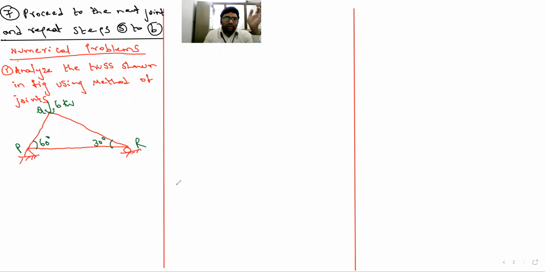Of course, we have already read the general procedure, but while solving the problem, we know that the truss is stable and determinate. We are already given the loads and distances. This distance is 6 meters. You are given the distance, the load, and the inclinations, so the first two steps are actually not required. We can directly start with the third step. I'll write the solution here.